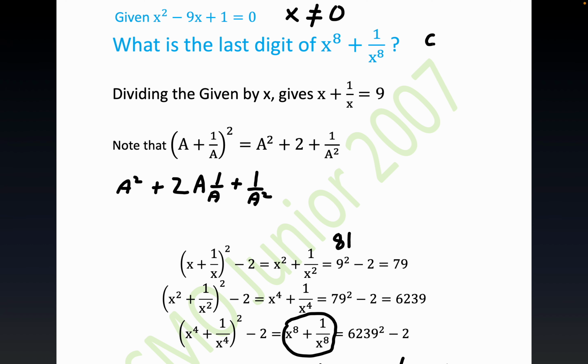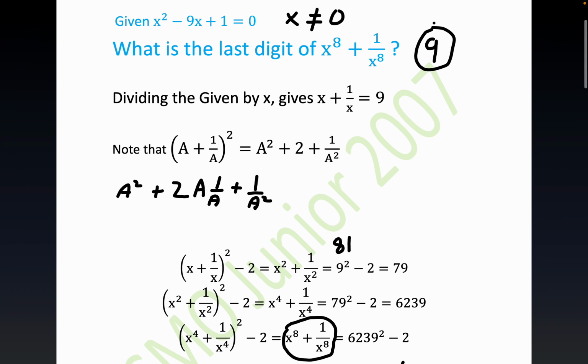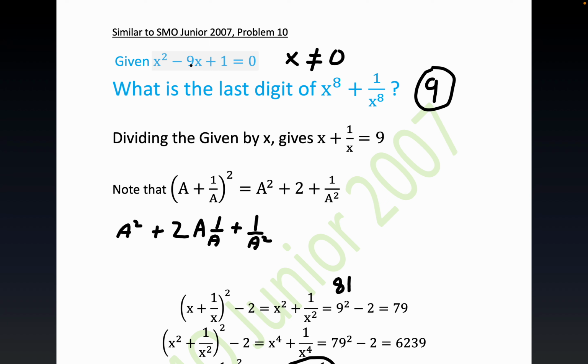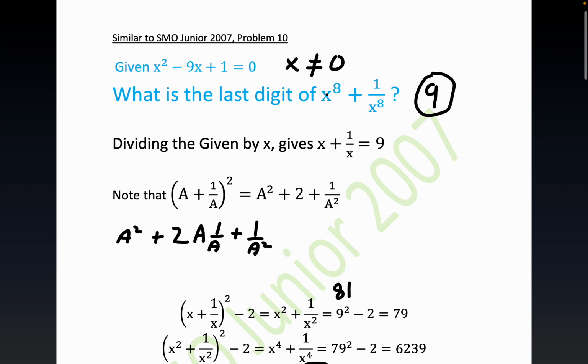Okay. All right. So you can also circle that if you want to, if you're looking for a place for a circled answer. And also notice, possible but impractical would be to solve this quadratic. You would have something like, I think, root 77 somewhere. 9 plus or minus root 77 over 2, I believe, is what you get. And that would be a little bit of a hassle, you know, to raise all that to the 8th power